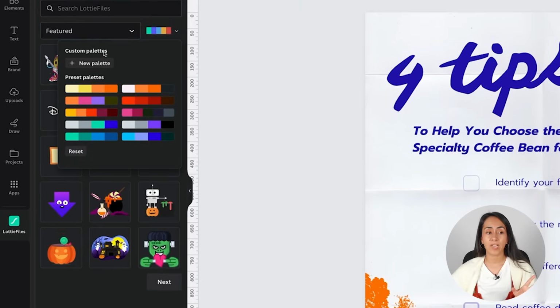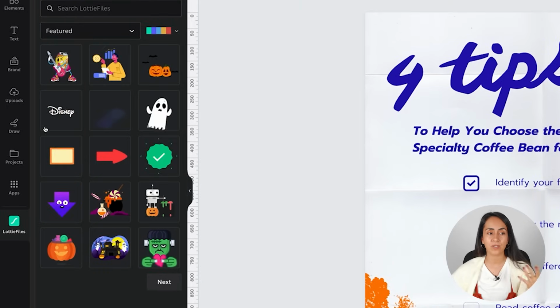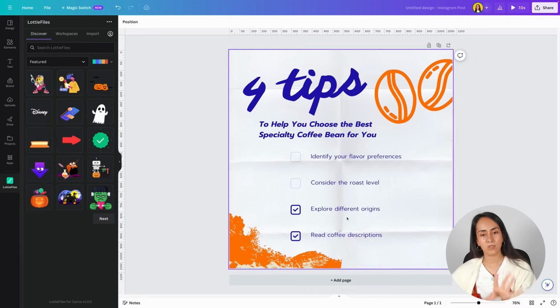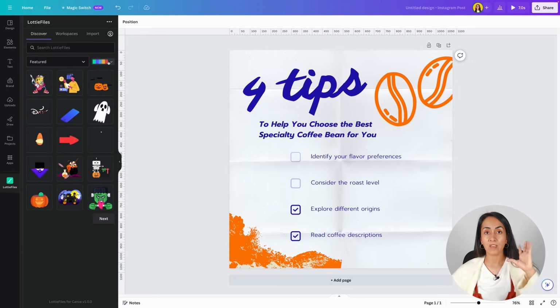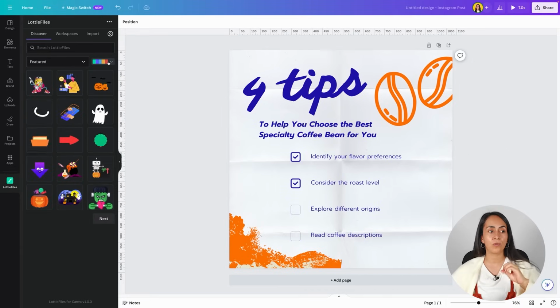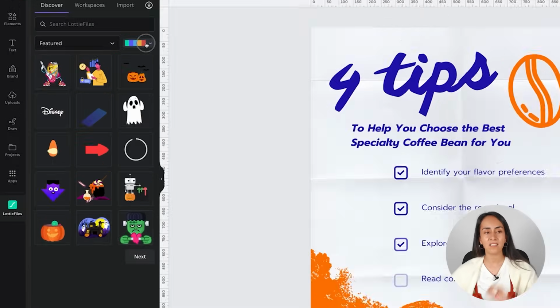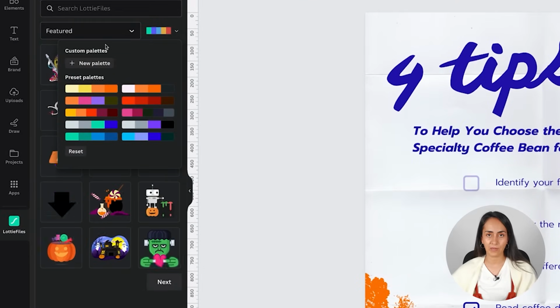Something to have into consideration that I believe is very important is that at the moment when I'm filming this tutorial, the custom color palettes will not be saved. So if you have created your color palettes, you can use them to change the colors on certain elements. You will insert those elements into your design, but if the app reloads or gets closed and open again, these color palettes will disappear. But I don't want you to get sad because I already discussed this with LottieFiles, and